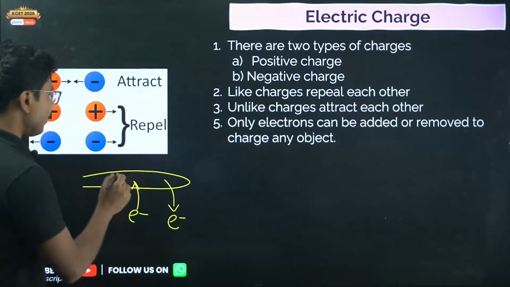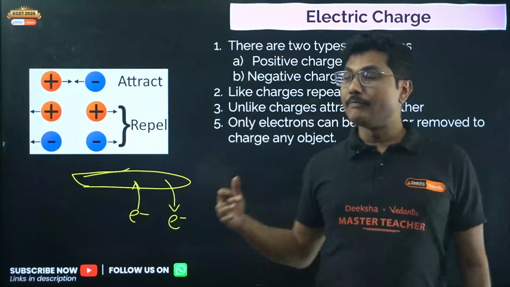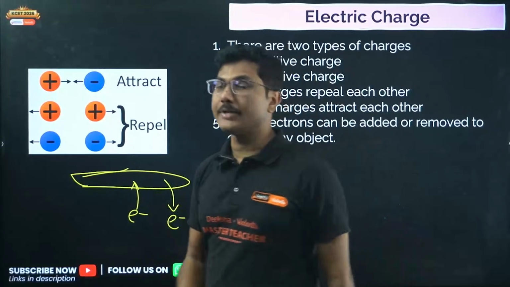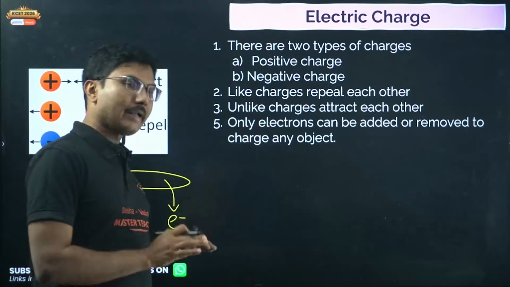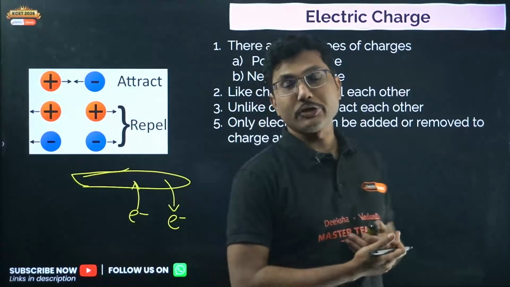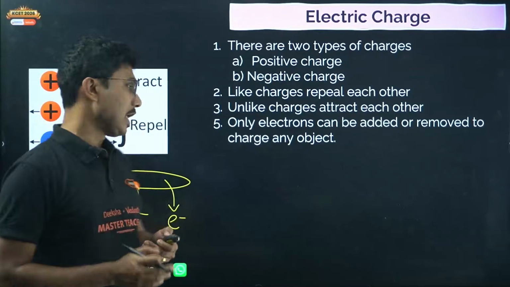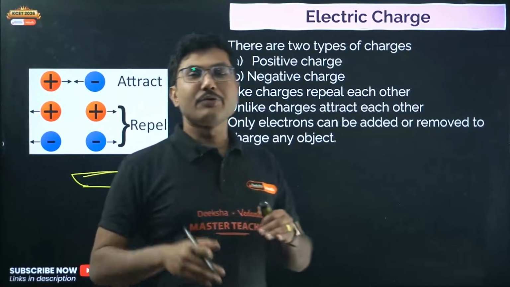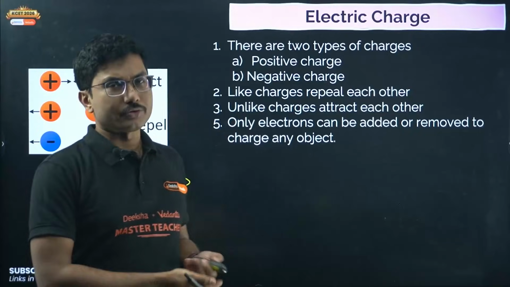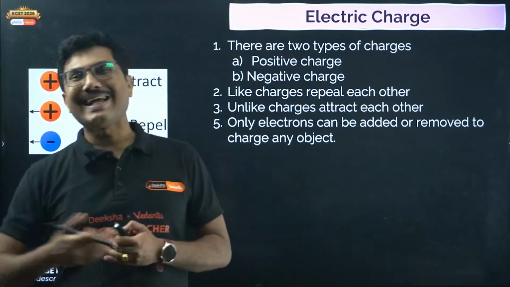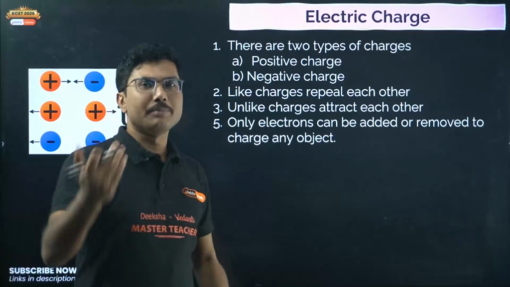Naturally an object is neutral. Neutral means it has no excess charge. Excess charge means, is it free of charge? No, it does have charge, but normally any material has equal number of positive and negative charge. So that means a neutral object: total number of positive charges is equal to total number of negative charges. Now if you make some imbalance in that, so if you add some extra electrons, the number of electrons will be more compared to number of protons. So that's how you can charge the object to be negative. Similarly, if you remove the electrons, then the number of protons will be more and it will become a positively